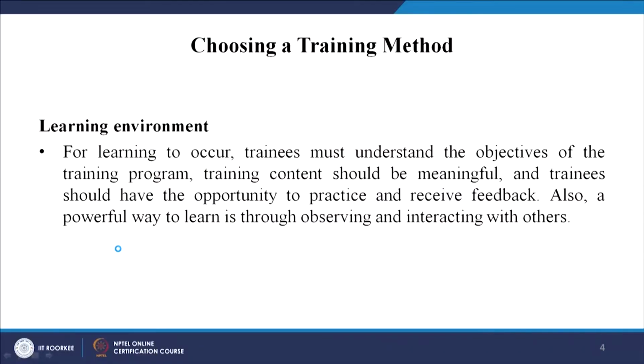At the end of the day, the trainee will ask, and he will be asked not only by himself but also by the industries from where he is coming, what the takeaways are, and the takeaways will be the content of the training program. If the content of the training program is the takeaways, then that will be very much useful. Trainees should have the opportunity to practice and receive feedback. So at the end of the training program, in the learning environment we constantly have to ask, after a certain period or sessions, whether they are still with the trainer or not.